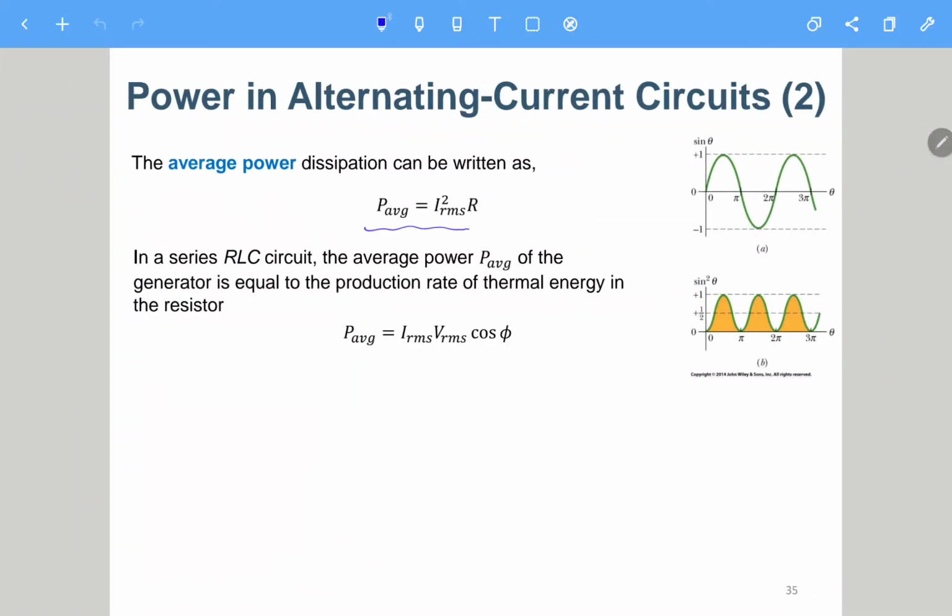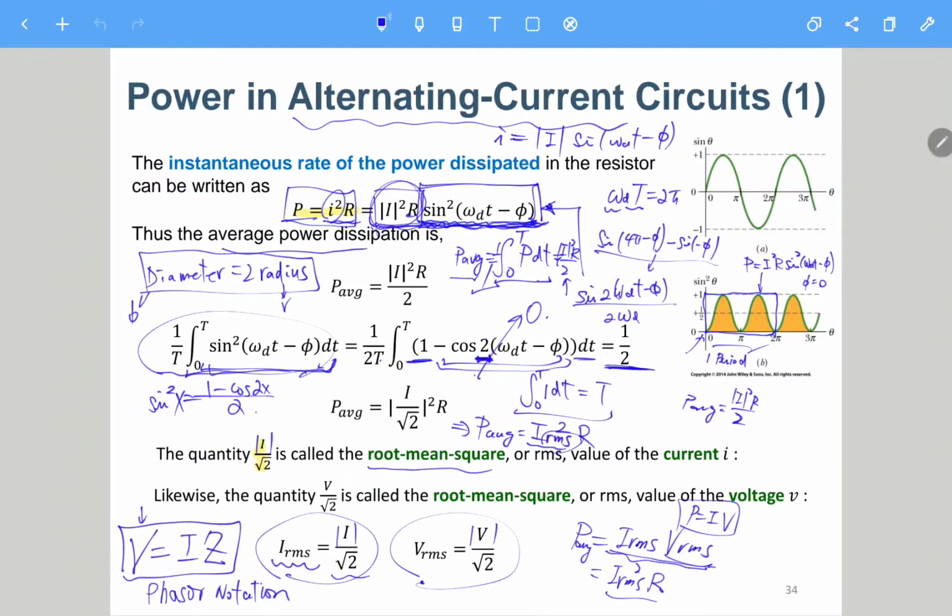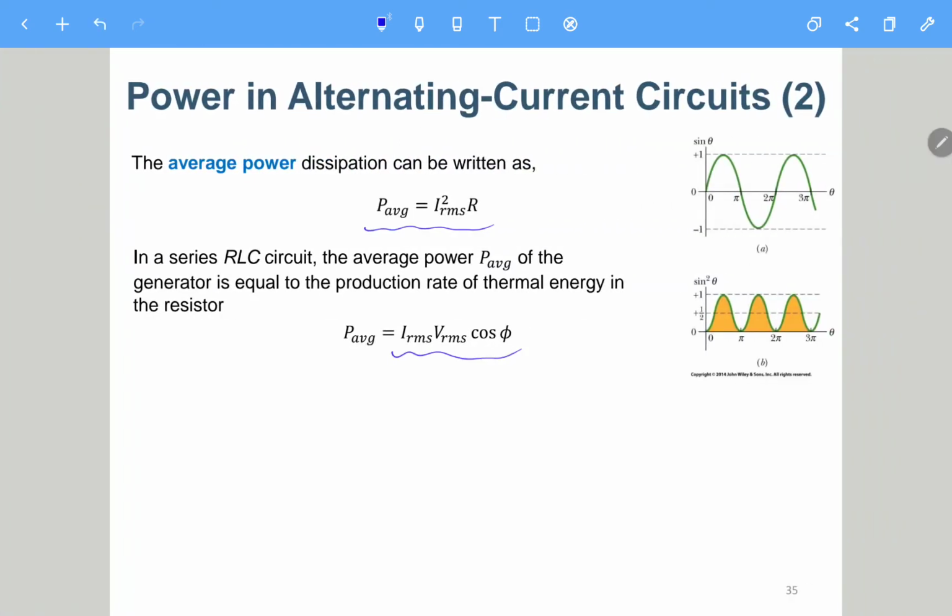Okay, so it means that we have P average equals I RMS squared times R. This is not quite right, we still have a cosine phi there. It should be I times V over 2. So here we will have a phi factor because